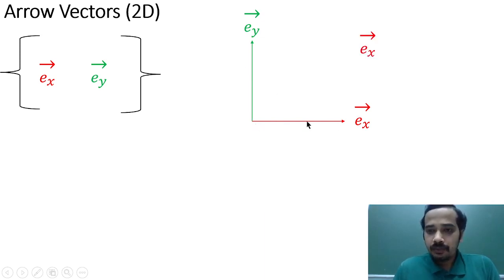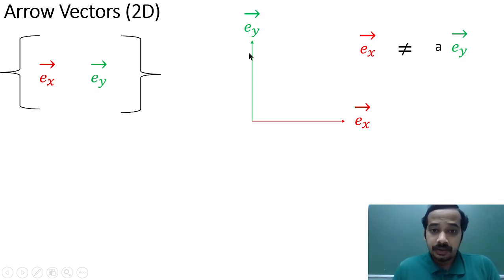In this case, one vector cannot be obtained by multiplying the other vector with some scalar a. Suppose a is some scalar. If you multiply that scalar to this Ey vector, you will never get the Ex vector, whatever the possible scalar a, because these vectors, in case of arrow vectors, are characterized by directions. If you multiply this Ey with a scalar, you will get a vector along the Ey direction only. You will never generate a vector along the Ex direction.